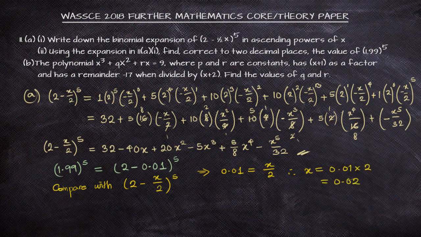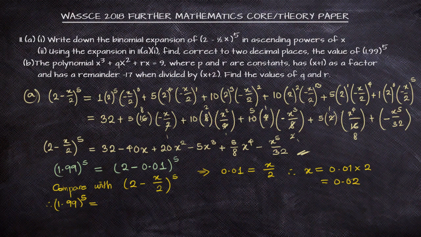Now, without expressing this like this, the student will just take the value of 0.01 and plug it into the expression we had before, and that will be quite wrong. It's not 0.01, it's 0.02. So 1.99 raised to power 5. Now, where we find x in our expression that we got before, we just need to plug in the value